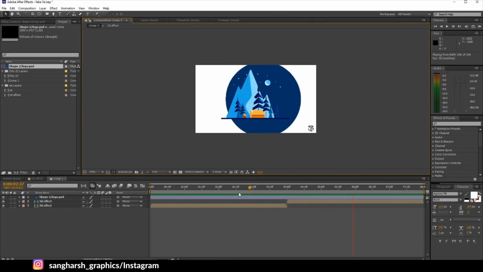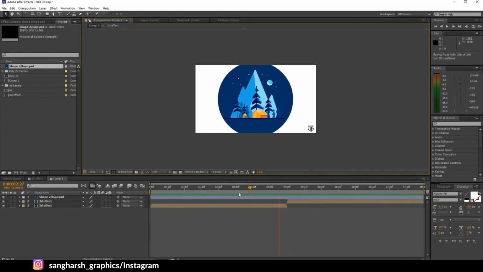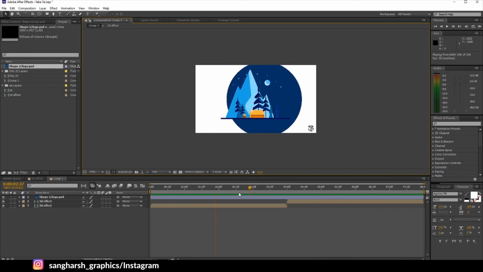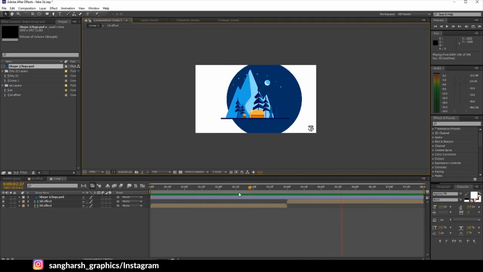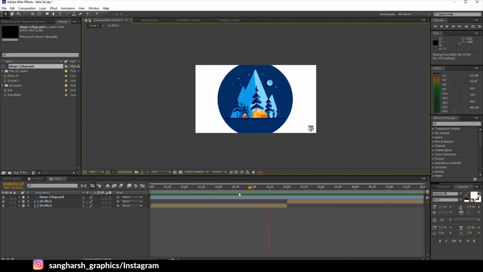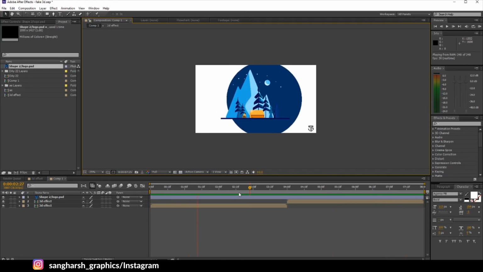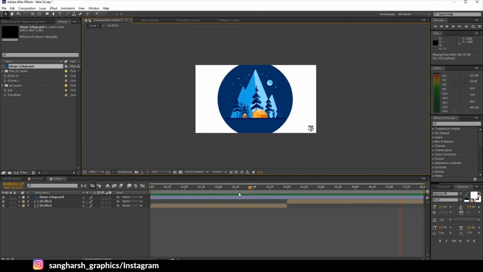Just remember one thing: if the object is too far behind in Z depth, it will rotate more. Like this, the trees are rotating here, it will rotate more. The circle is more behind, then the circle will rotate or stretch more than the front objects. Same for the mountains, and the objects on top that are closer to the camera will stretch or rotate just a little bit. Like this, the fire here, and all of the objects too far behind will rotate or stretch more. So keep this thing in mind.